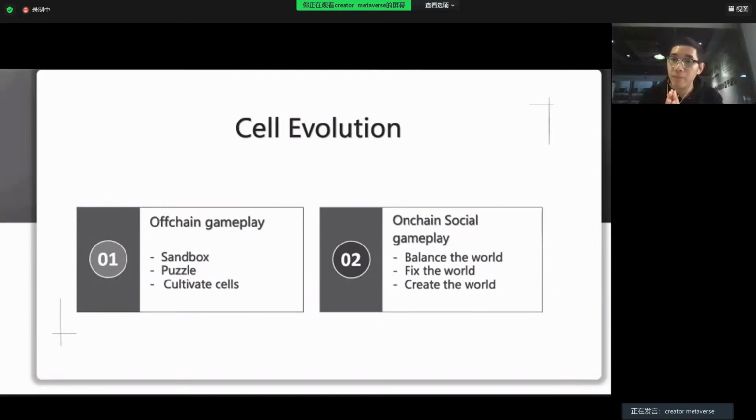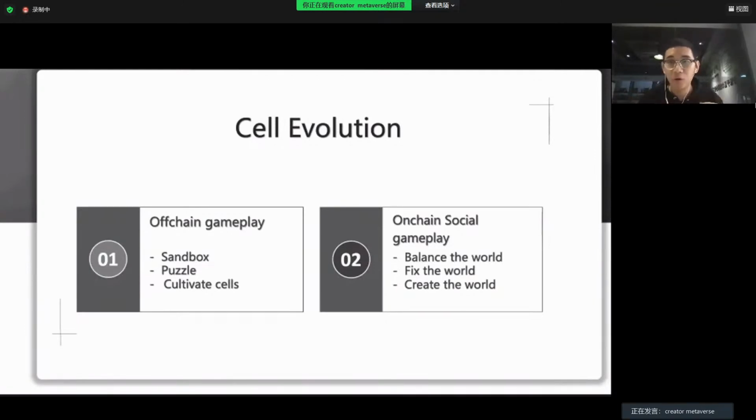But the world may be destroyed if the values are imbalanced. For example, if the adaptability and the reproducibility have a huge difference, then the world will be destroyed. So some people want to balance the world, let it evolve and create a new world.